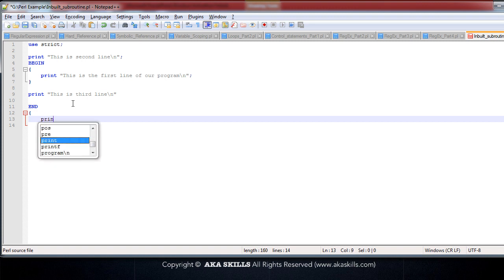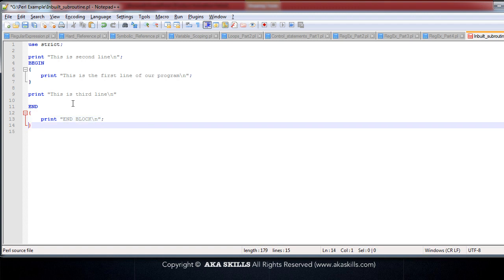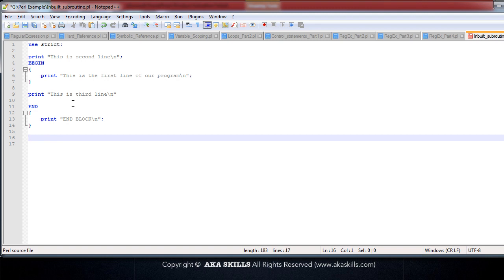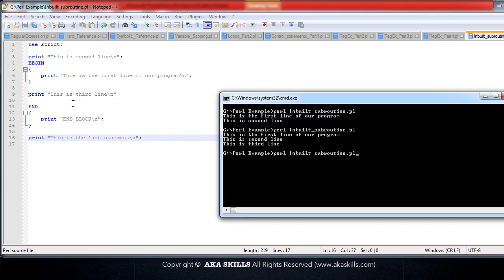So here I would say print end block. I'll simply say print end block. Okay, and now we'll go ahead and execute this particular piece of code. We'll write something, print this is the last statement. Okay, now if we go ahead and execute this particular program,